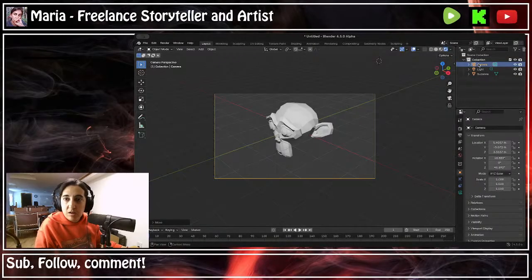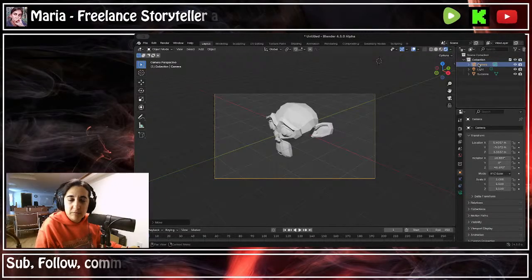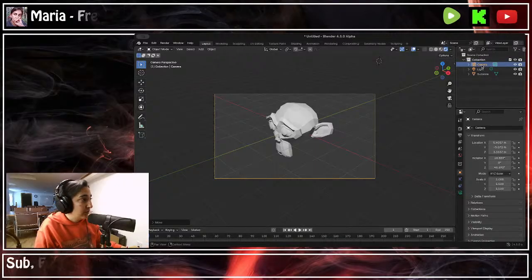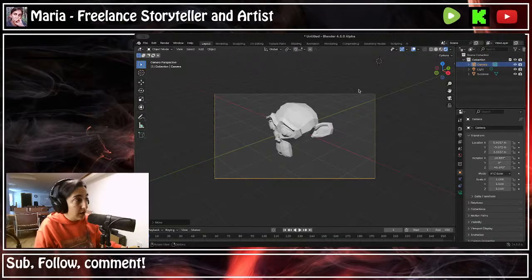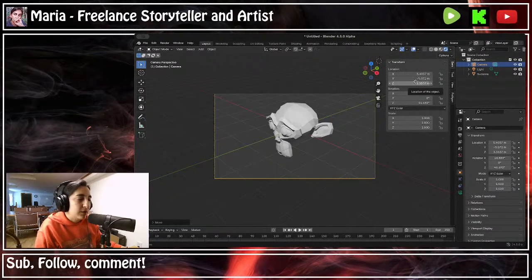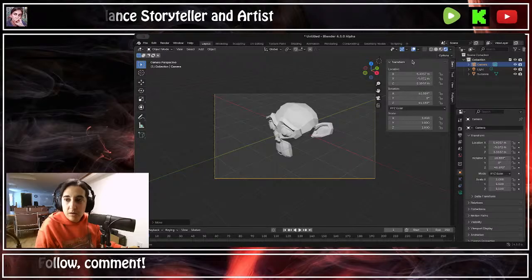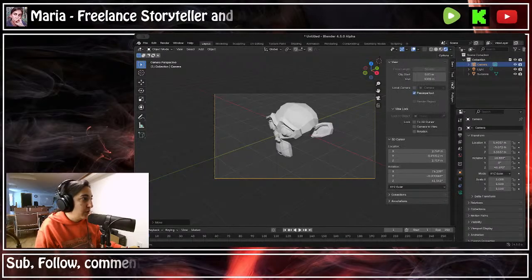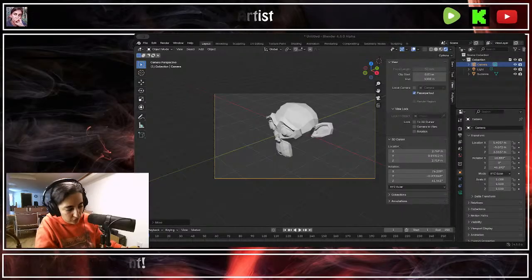By the way, I haven't mentioned this, but up here, this is your outliner. It's kind of an inventory of every item that you've got in your scene. So with the camera selected, if I hit N, N is to bring up the properties. And then go to view. There's a little box there that just says lock camera to view. So now with that active, if you use the same keyboard shortcuts as before,